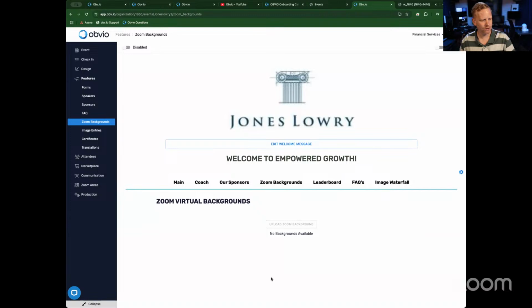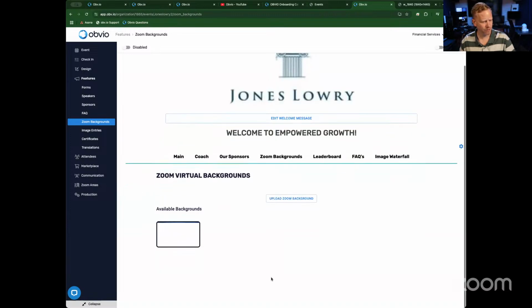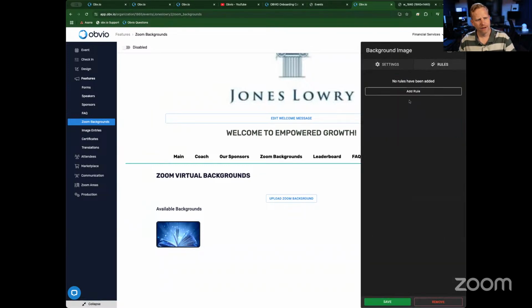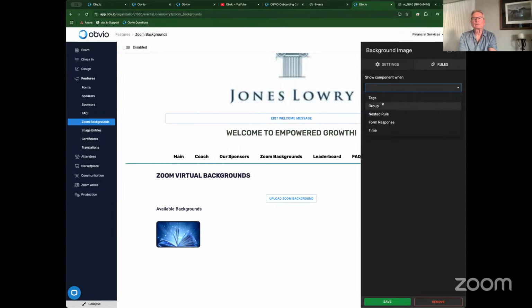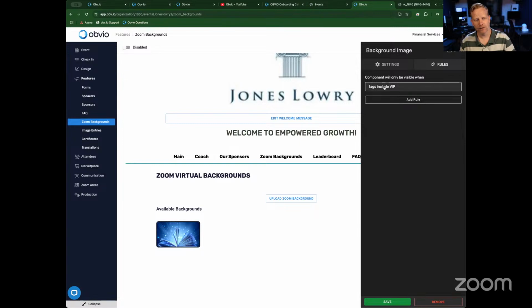Yes. So you can create and upload as many backgrounds as you like. You can then use visibility rules as to who is able to see that background. Oh, okay. So I could have a person who would have, well, would the person have a tag? Is that how it works? Is it individually? It can be a tag. It could be a group, and so